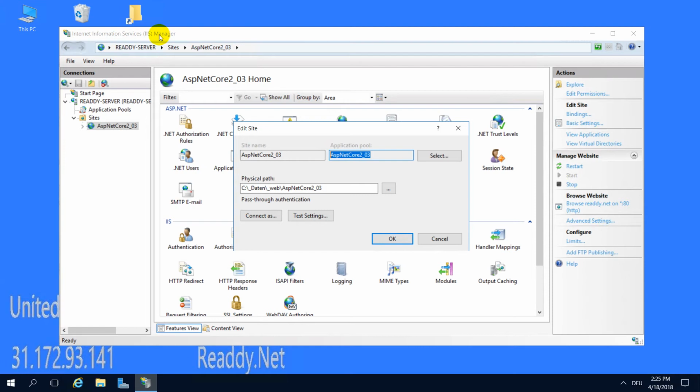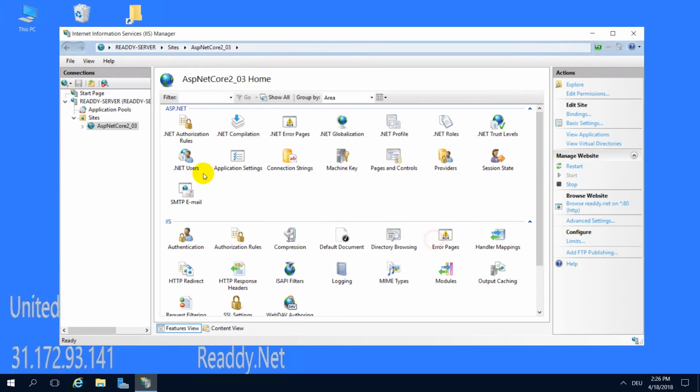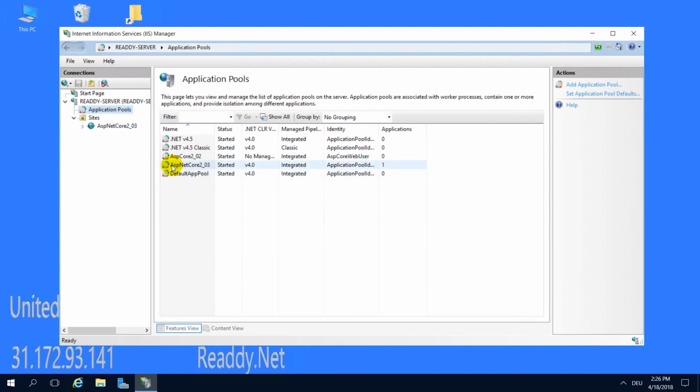That's not the IIS Express, that's the outside, that's the default stuff from Microsoft on a web server. It has an application pool from the previous applications, classic applications, .NET with a framework. Then we have here the ASP.NET Core 2 application pool. And you will find these application pools here in application pools. And as you see, it took the same ASP.NET Core 2